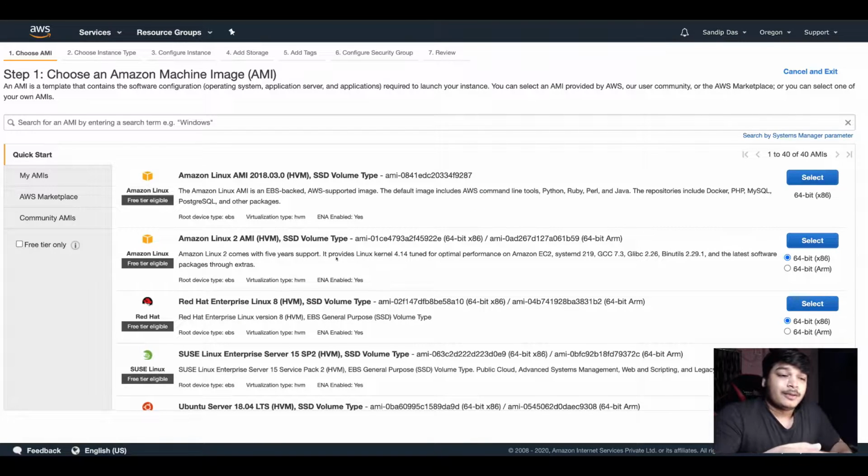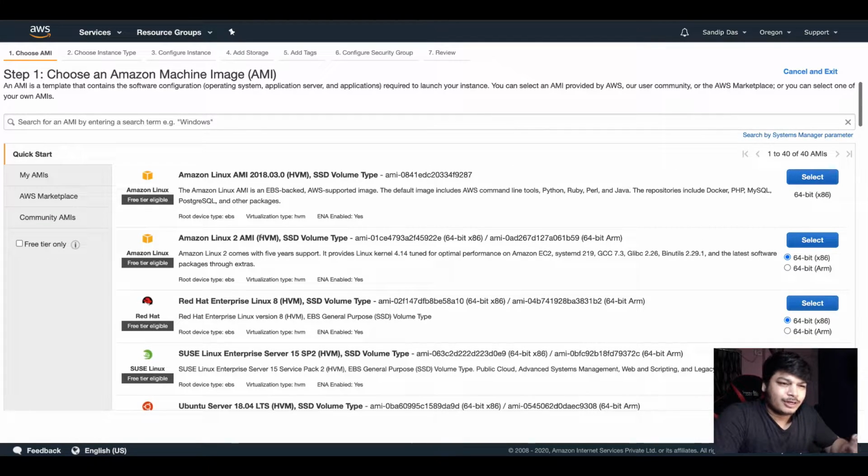These are the images already available to you publicly. This is an AMI, which means Amazon Machine Image. This is the base image that you will be selecting. Then you will select the RAM, the number of CPUs, the storage, and the security. I'll be coming to all that, don't worry. But the first thing you should focus on is which Amazon Machine Image to choose.